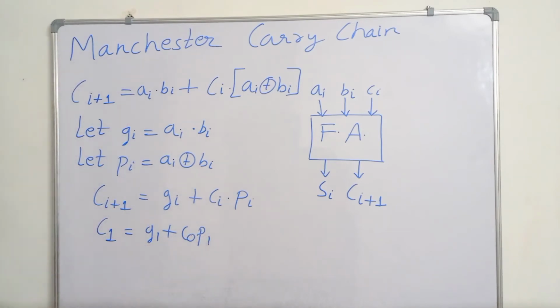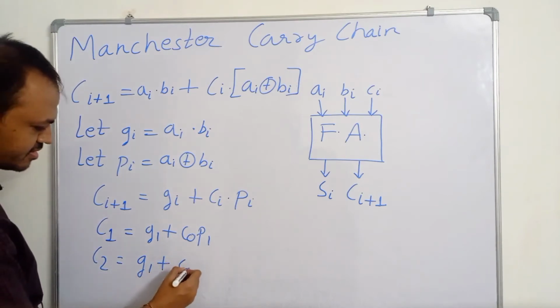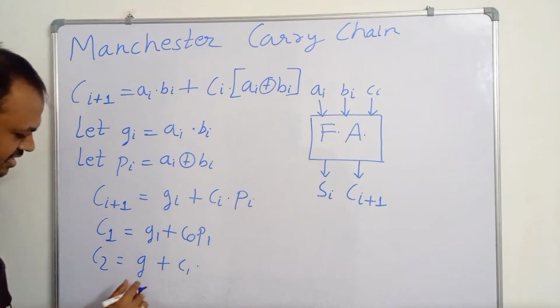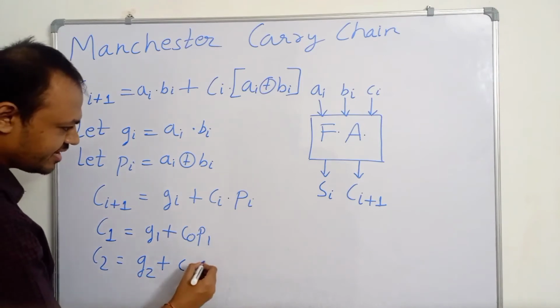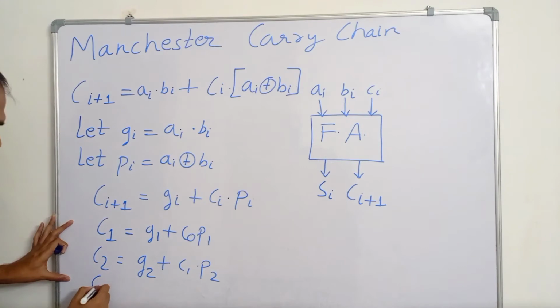So for i equal to 1, C2 equal to G1 plus C1 dot P1. Okay, so if we substitute the value of C1 here, then we will get C2 equal to G1 plus